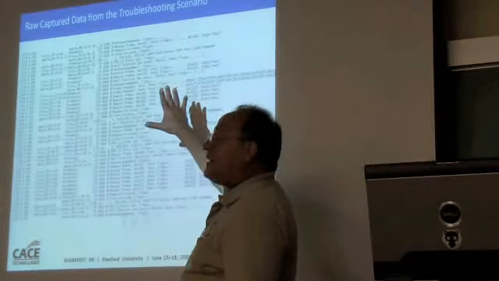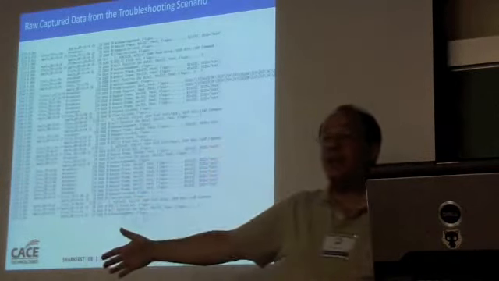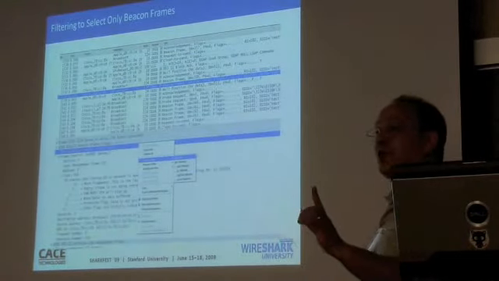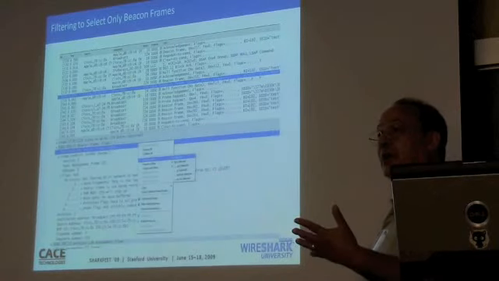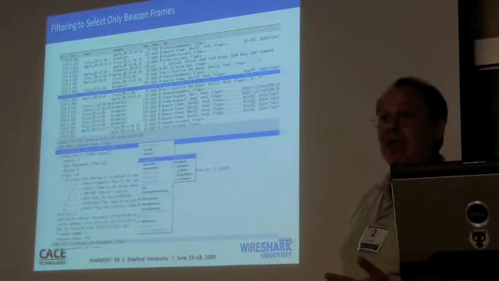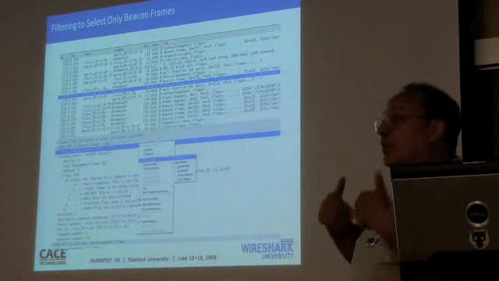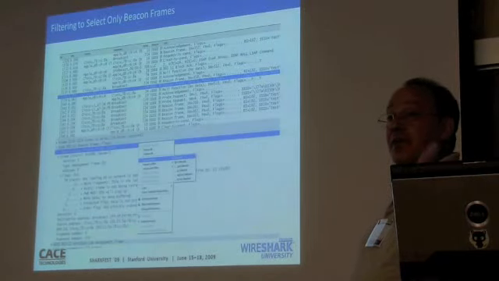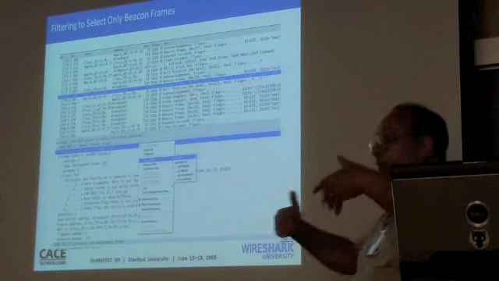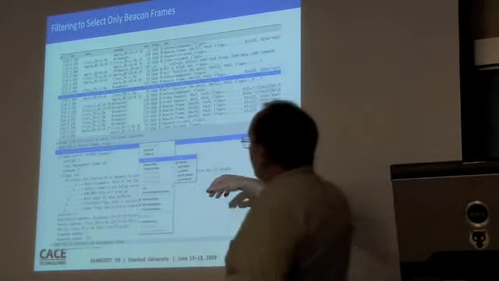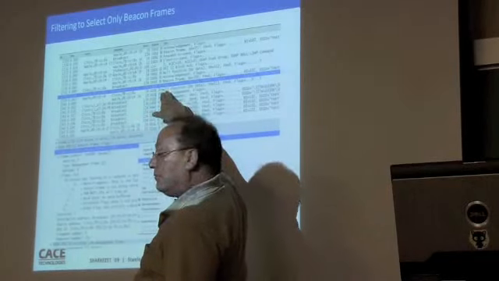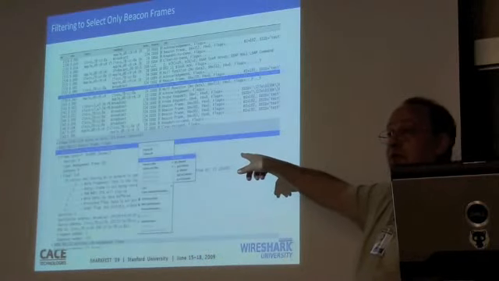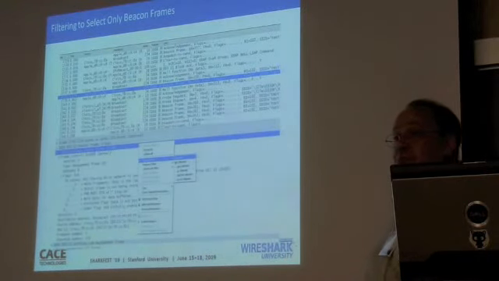Okay, so where do I go with this then? Now we have the customer telling us there's a problem, so I go out and capture from the network. One of the first things I will do in a troubleshoot is look at the beacon frames, because that will disclose everybody that thinks they are an access point. It will also disclose if there are peer-to-peer networks. I just want to see who's beaconing. So I'll find a beacon frame, go into the detail, right-click and apply as a selected filter. Now I'm looking at just beacon frames.